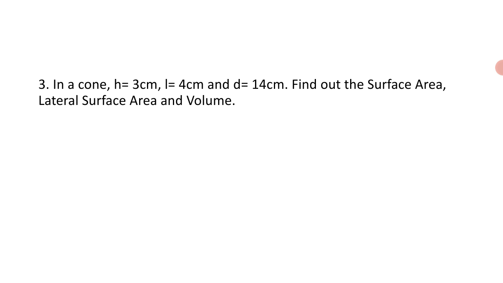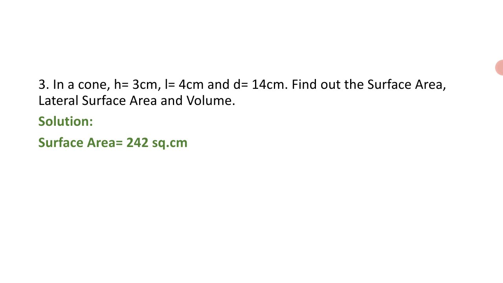Next one: in a cone, the height is given as 3 cm. Then the slant height is also given as 4 cm and the diameter is given as 14 cm. We should find the surface area, lateral surface area and the volume. First, we can find the surface area. We already know the formula,